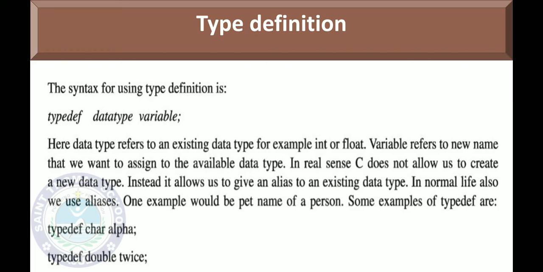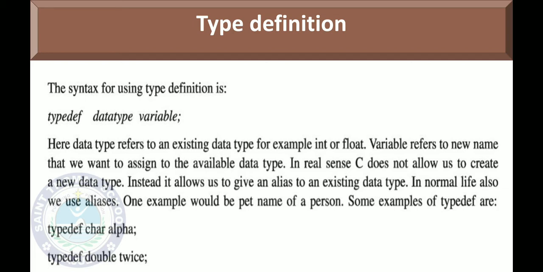Now if you want to define any variable as a character data type, then instead of char you can use alpha and then the variable name. That is possible, because both are similar. The other name of character, that is alpha, is given by you. So now in your variable you can define character variables with the alpha name.